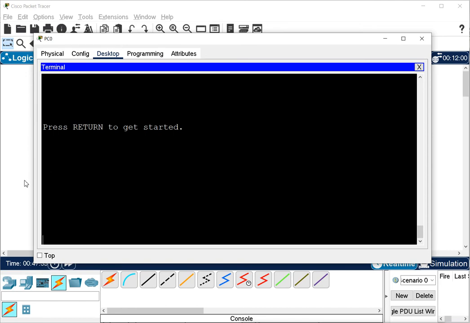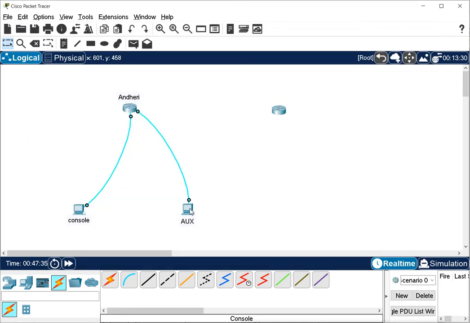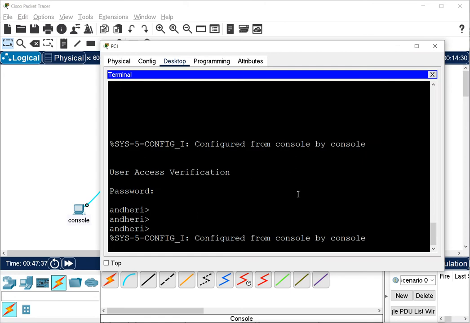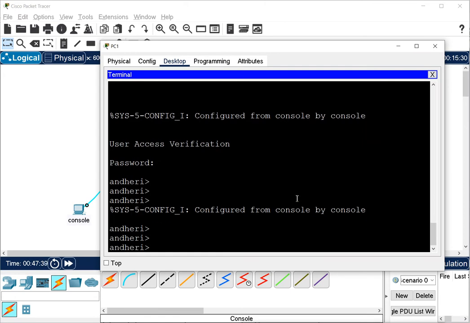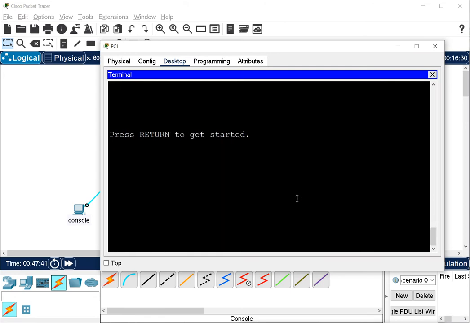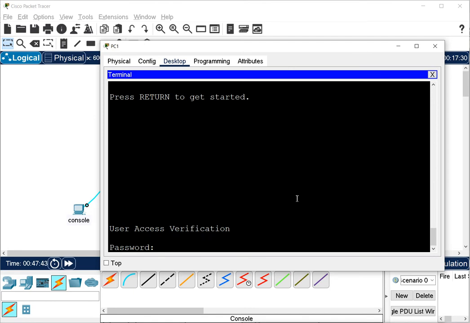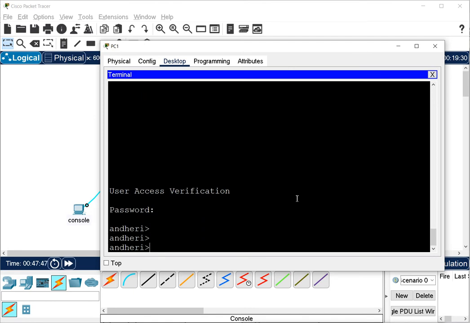Now I want to do the same from the auxiliary port. So I connect, I'm already there. I will start from this, exit, okay, login, password Apple, and now I want to go to privilege mode. So I give this command, and what it is saying here is no password set.